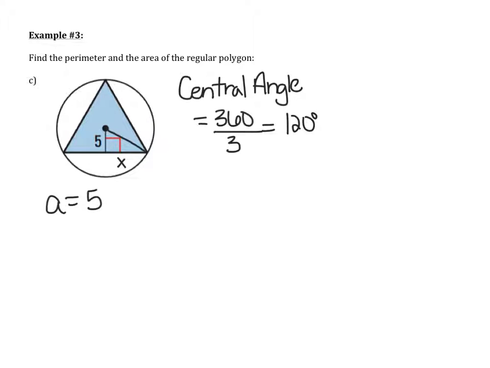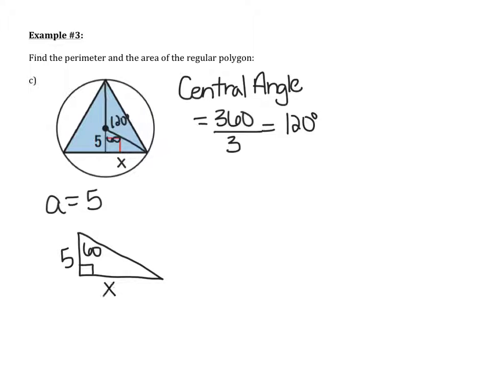So if one central angle, like this, is 120 degrees, then the apothem cuts that central angle in half, so therefore this angle in here would be 60 degrees. And once again, I find it's easier if I just take this right triangle and redraw it so I have a bigger picture to deal with, so I can better fill in what I know and what I need to find out. So if that angle is 60 degrees and I know the apothem is 5, and I'm trying to